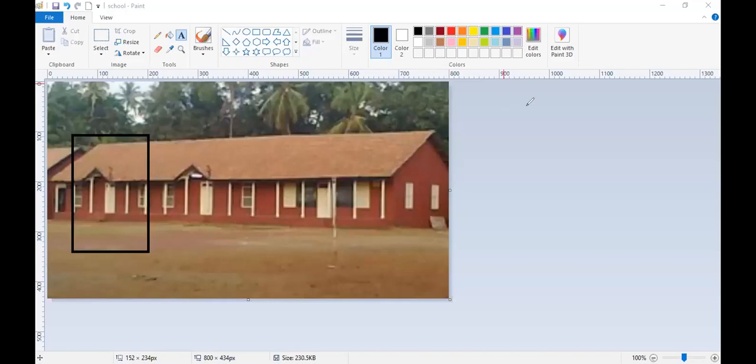Okay, now I stop the annotating. So here is a rectangular shape.